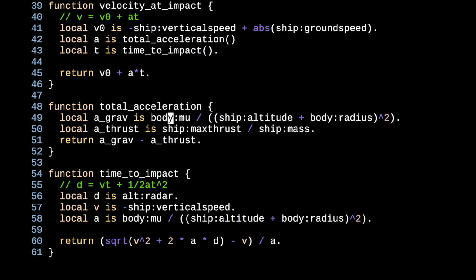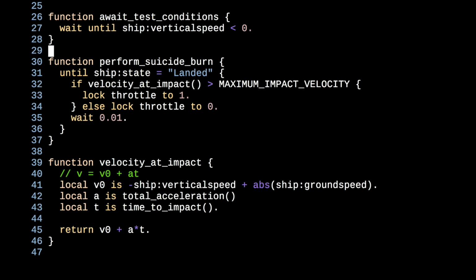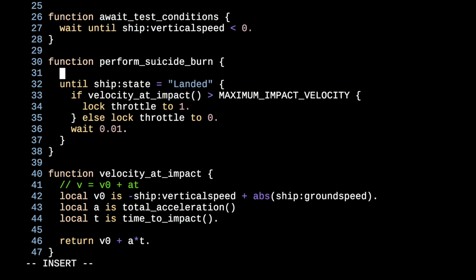Now, there's one last thing that we have to do, and I forgot about this earlier, but when we're actually doing our perform suicide burn, we need to lock our steering, because if we are just pointed in some random direction, then the throttle is not going to be particularly helpful. Now, we could lock our steering to surface retrograde, which is going to be the opposite of our retrograde vector relative to the surface. But if we happen to start moving upward, well, then we're going to start pointing ourselves downward. So I'm going to instead lock our steering to safe retrograde,